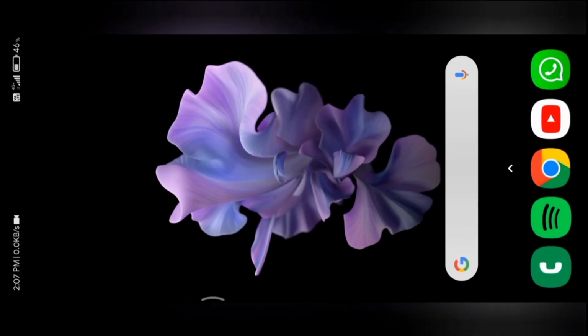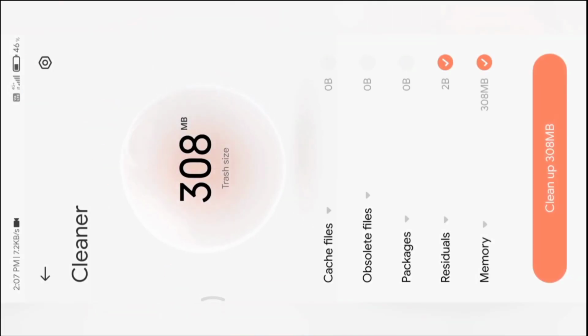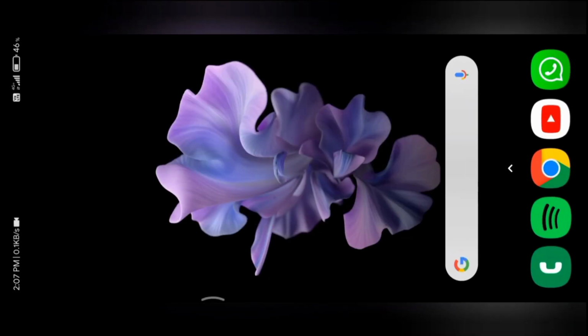So the third thing you want to do is not use cleaner apps. Like I have a cleaner app in my MIUI which I cannot remove. Even Samsung and many other manufacturers have these cleaner apps, which is not usually necessary for a phone. Android 6 and above has better quality cleaner management than this. So please do not use cleaner apps.